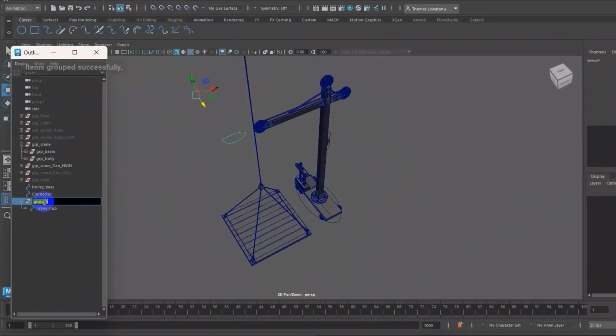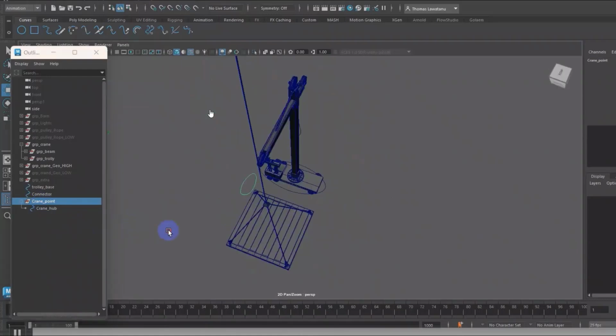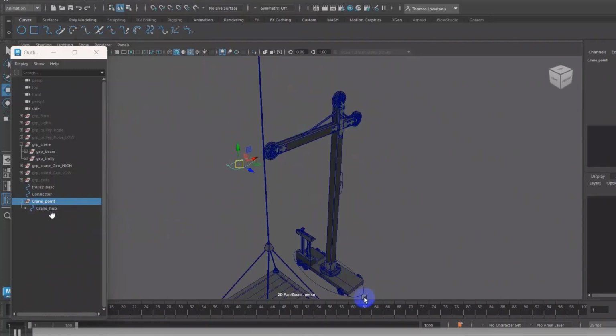I try to group it. Why? Because I want to create some animations, and this is not the parenting for the pivot. That's why I need to create the group inside the crane of this controller.